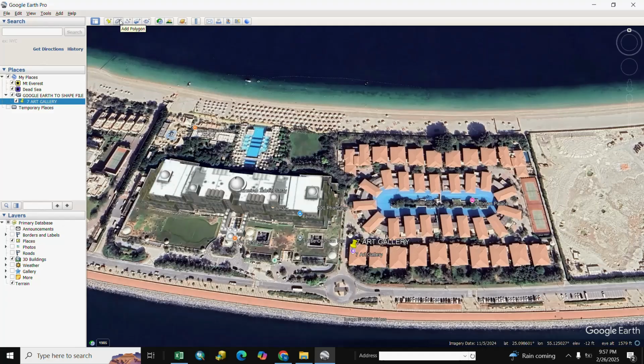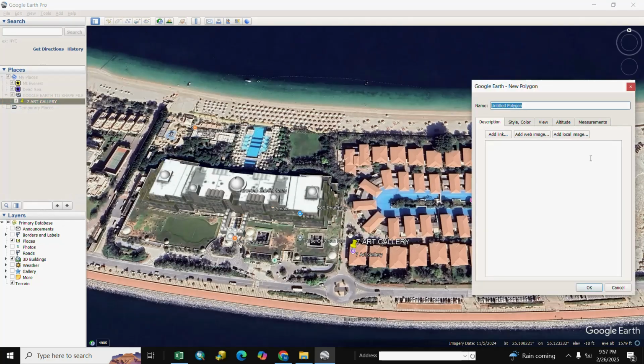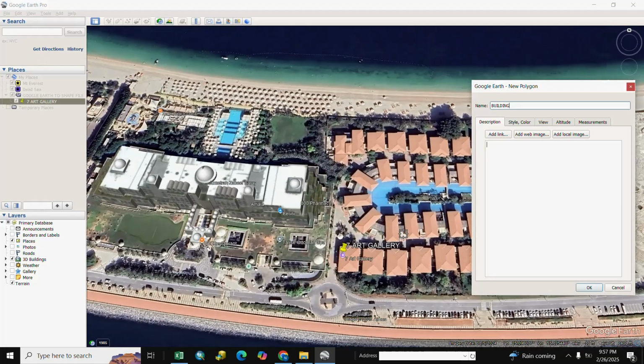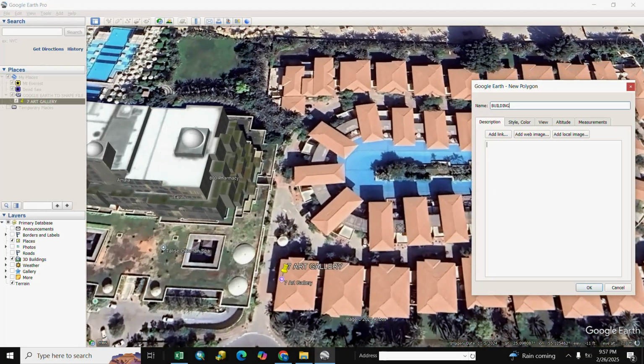Next we go to Add Polygon and we write here Building, and we capture it as per your requirement.